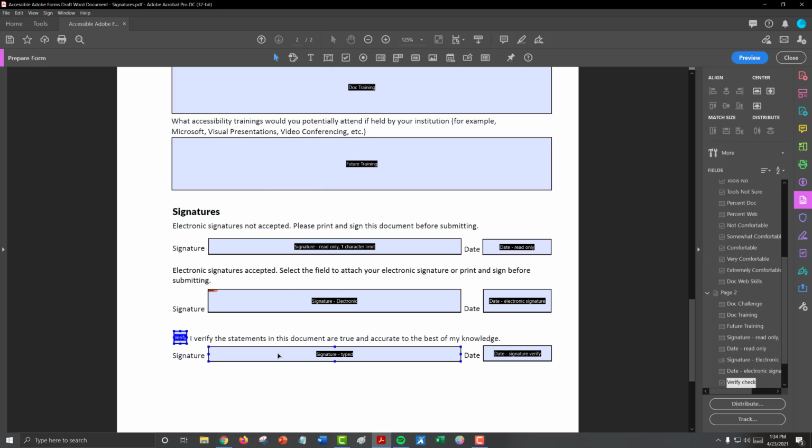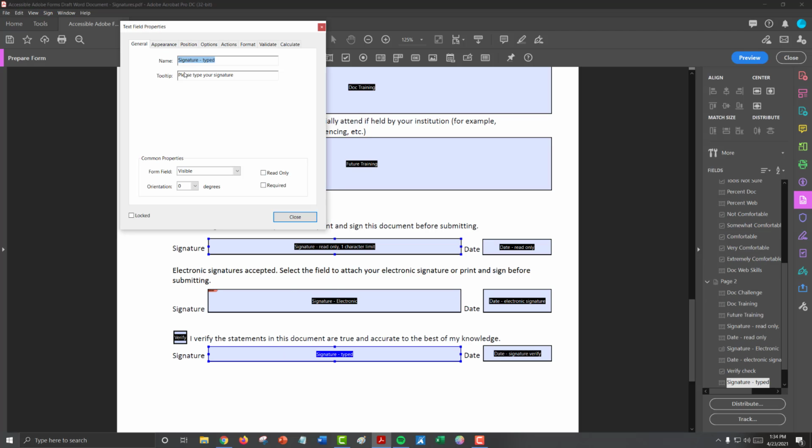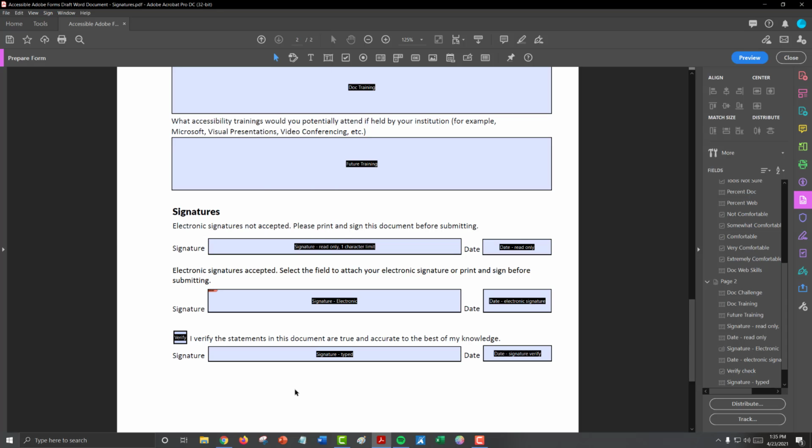And then for my signature field, I can add the tooltip, please type your signature. So this is just another way to verify that whoever is filling out the form is certifying that, yes, this is the best and accurate to my knowledge, and then they can type it without needing to do an electronic signature or without needing to print the document.